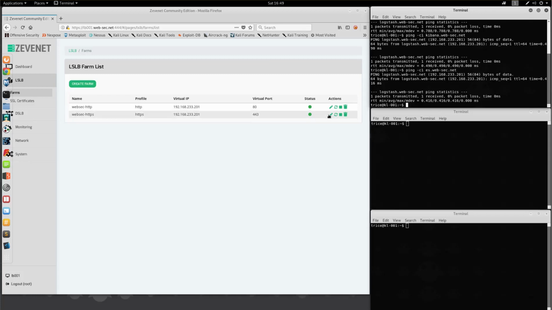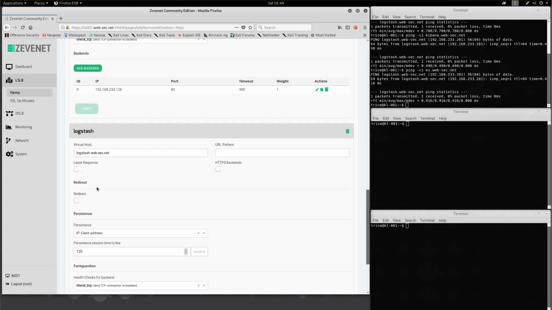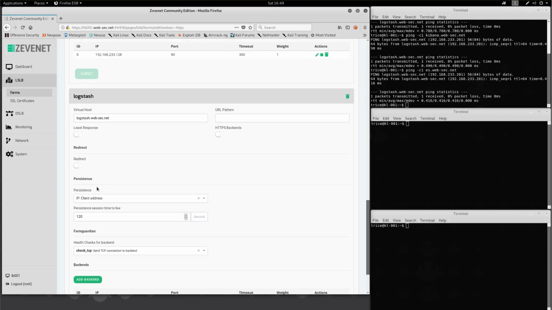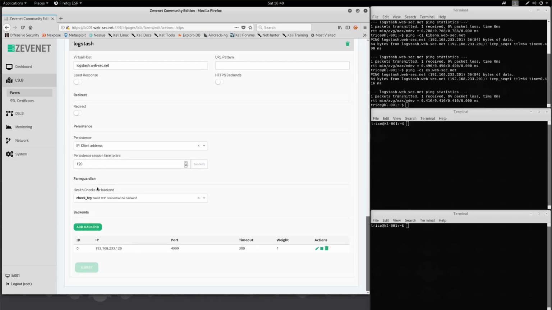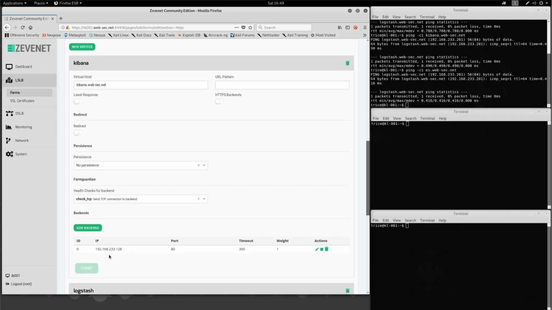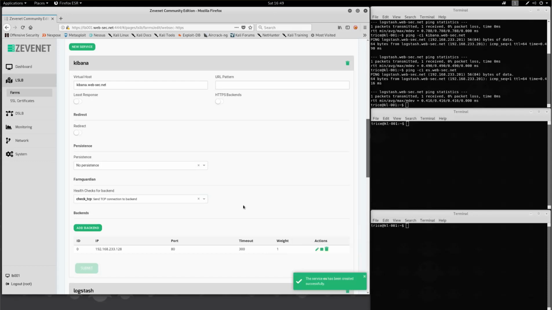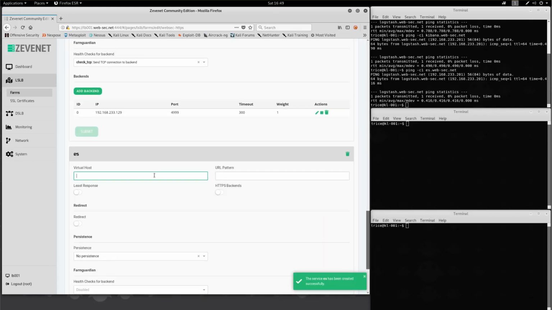So what I'm going to do here, I'm going to edit my front end load balancer to add es.web-sec.net. I'm just going to put one back end for the time being. It doesn't have to be anything special here, so I'm just going to copy this because I'm lazy. I'm going to call it Elasticsearch, or ES for Elasticsearch. Restart this bad boy. And then we're going to say